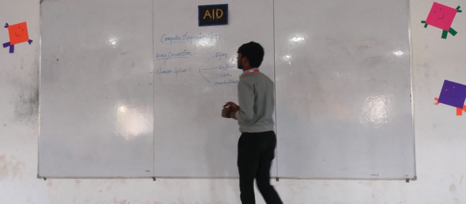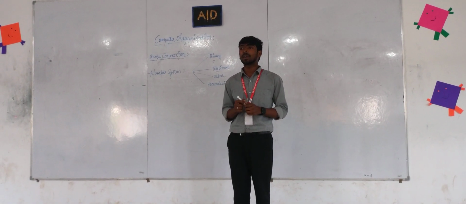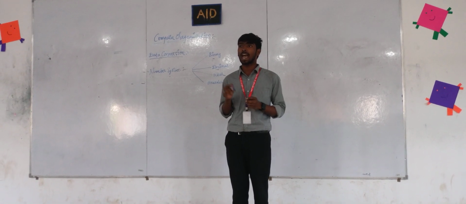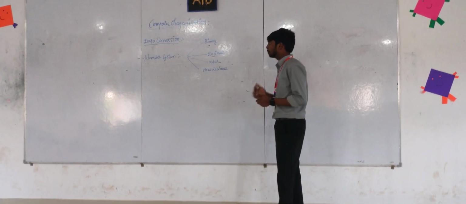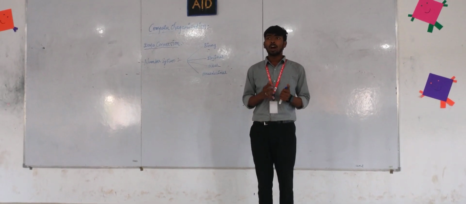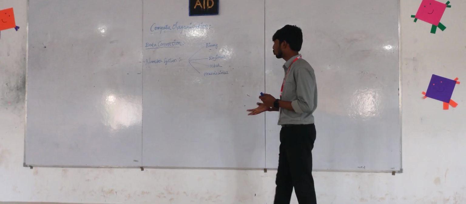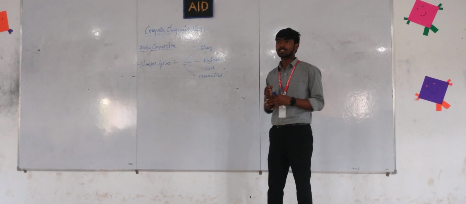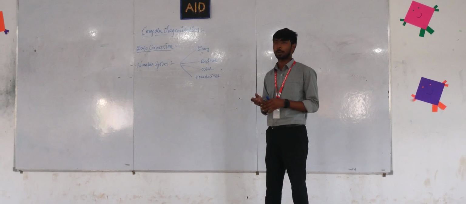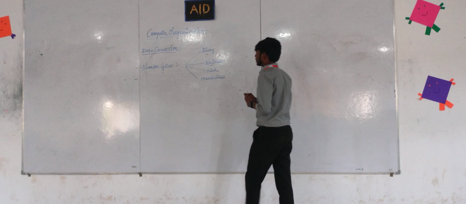So before data conversion, we need to know what a number system is. A number system is nothing but the systemic operations that happen inside a computer. And inside the computer, all the data you give will be split into numbers in 4 forms: binary, decimal, octal, and hexadecimal, on the basis of the computer's purpose. So let us see each of the types of number system.